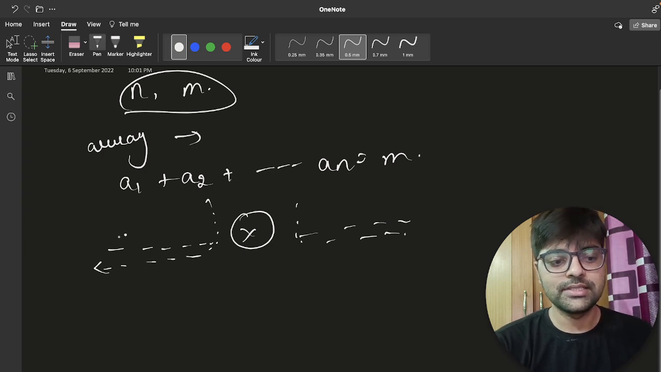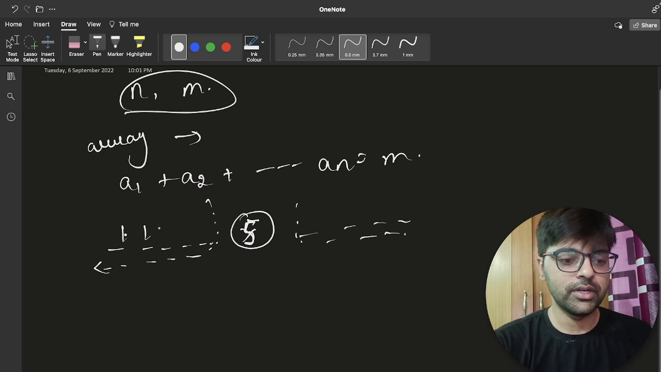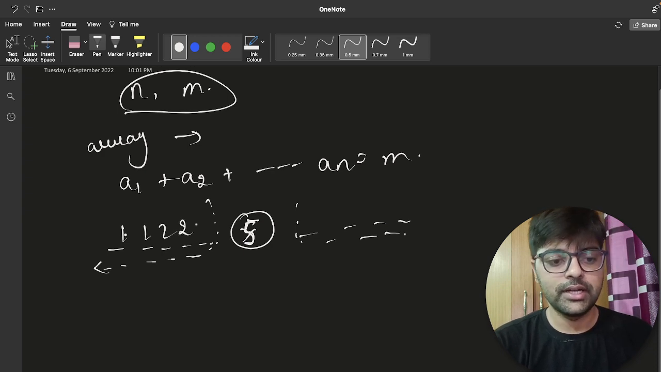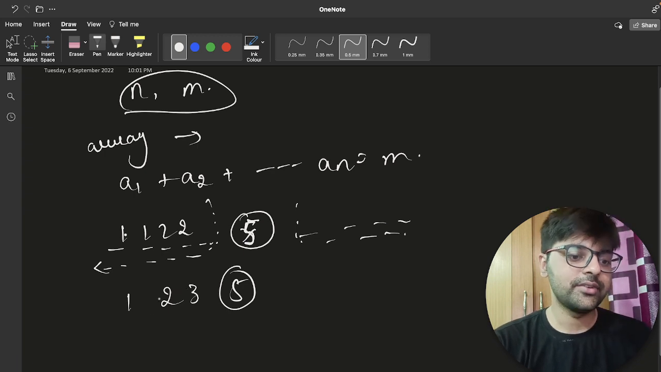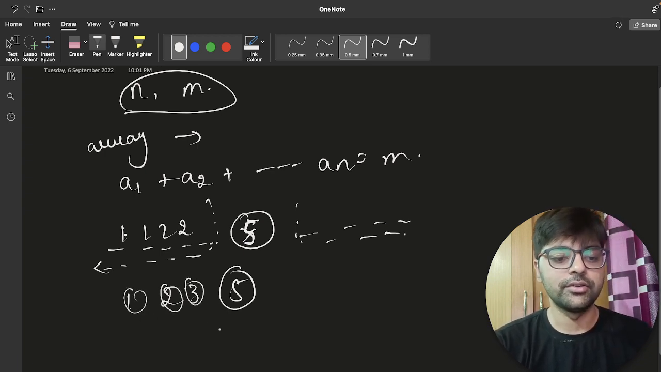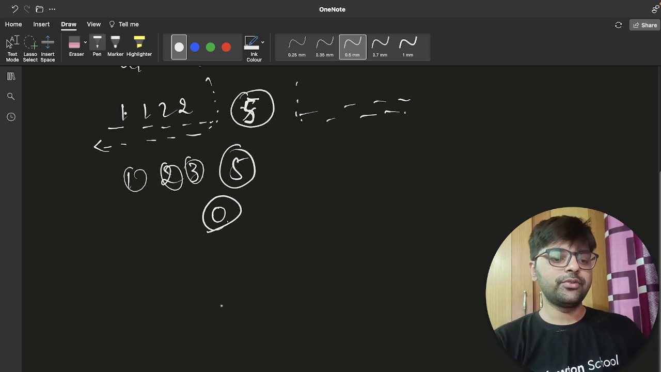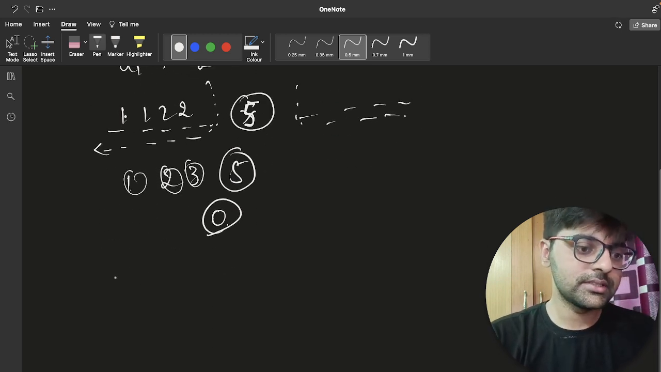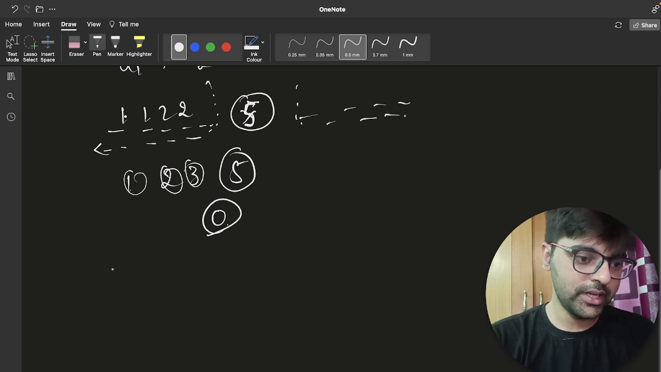So let's take that this is 5, and this is 1 1 2 2. Or consider 1 2 3 and this as 5. The elements less than 5 are 1 2 3. 1 XOR 2 is 3, and 3 XOR 3 is 0. But for each element this condition must be satisfied. You will have to form